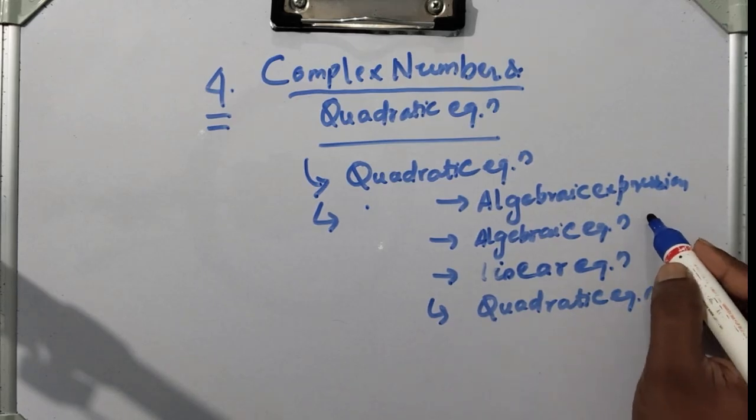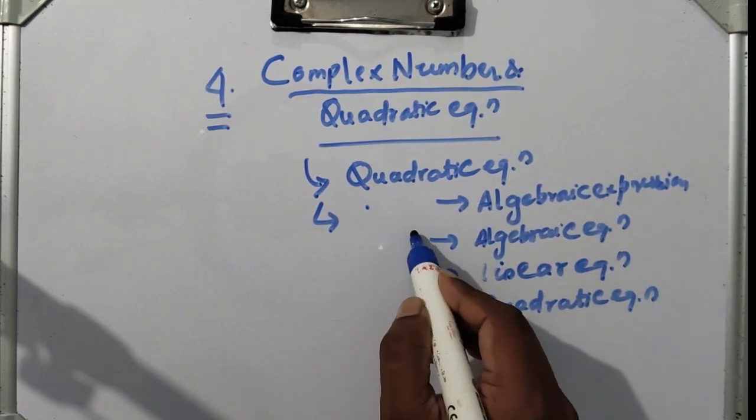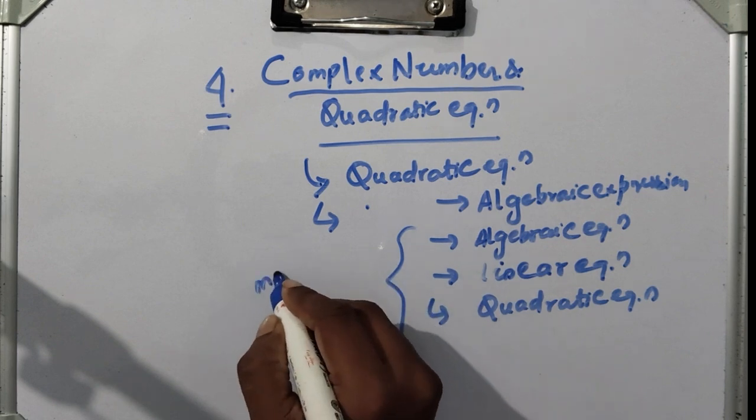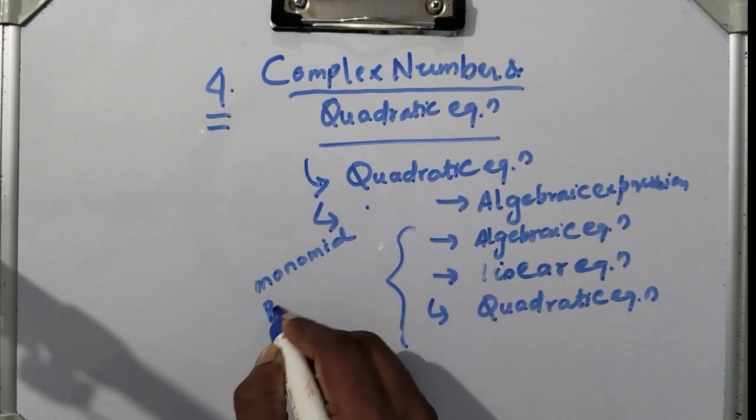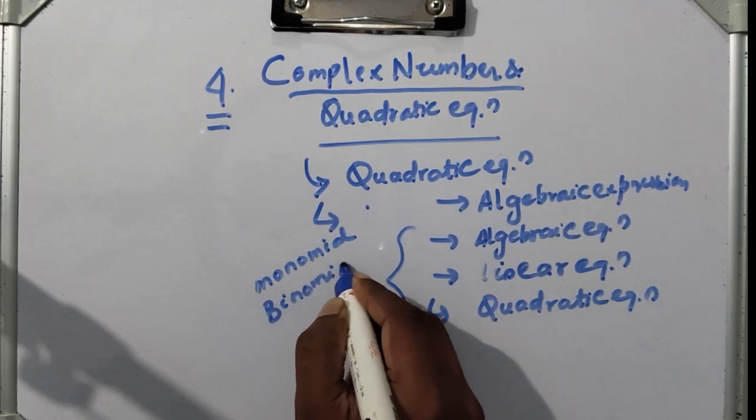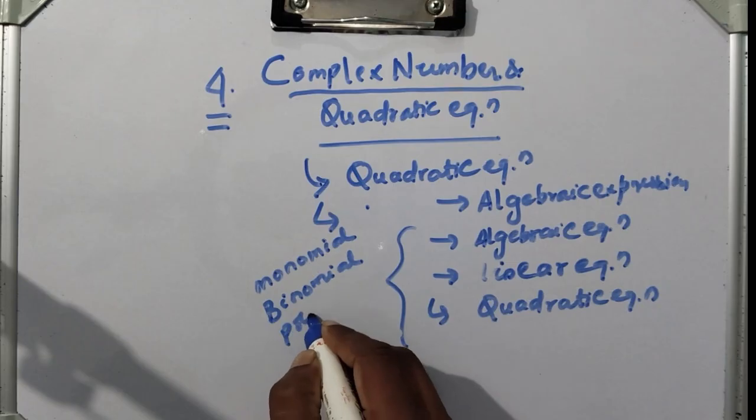In algebraic equation and linear equation, we will also look at what is monomial, what is binomial, and what is polynomial. Okay,